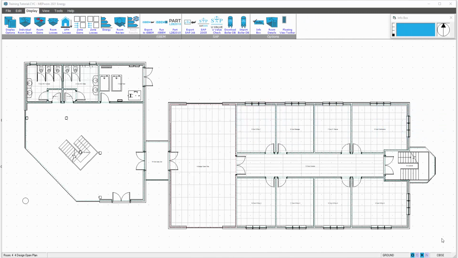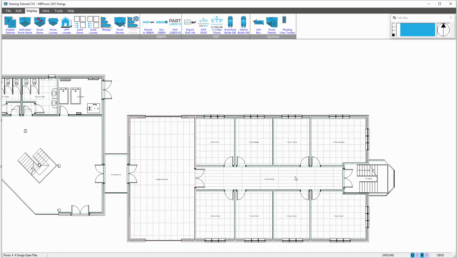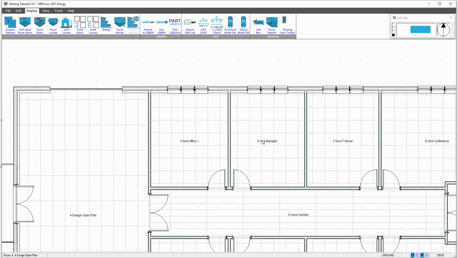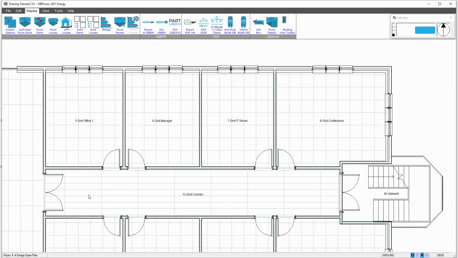This video looks at allocating zones to different spaces. So we may have a situation where you want different items of plant to serve different areas of the building. So let's say, for example, it's my intention to serve these 4 offices via a fan coil unit mounted in the corridor later on. So what we want to do is go into each room profile and allocate a zone